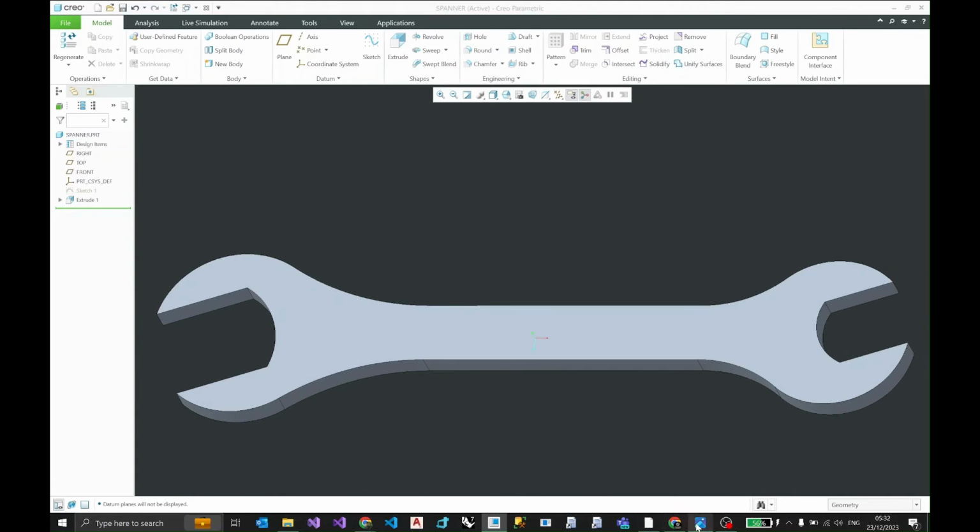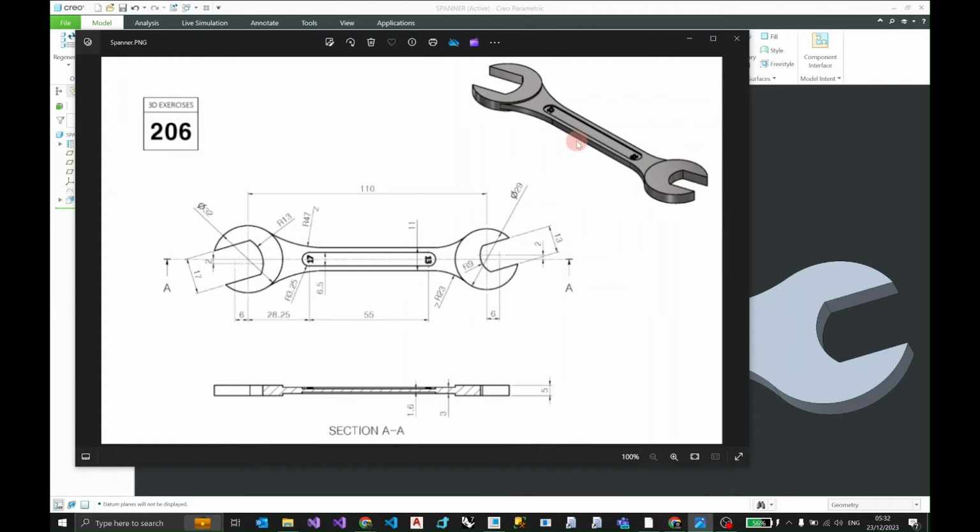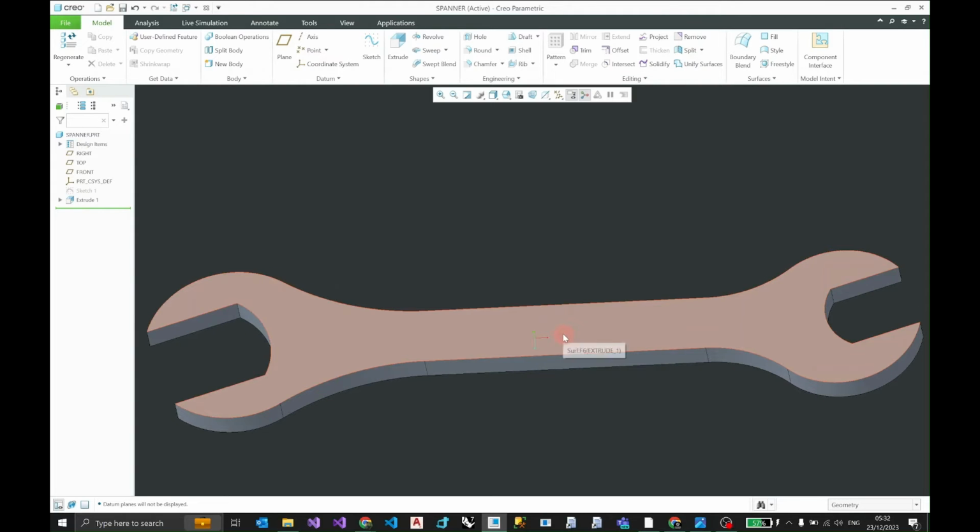Now what you can see from this drawing is that this feature is a recessed surface compared to this one. So the thickness of this bit is 3 millimeters across the center line. So we're gonna reduce that thickness by 1 millimeter compared to this surface. So basically what we're going to do is reverse extrude. We're going to take out the material, and the depth of the removal of the material will be 1